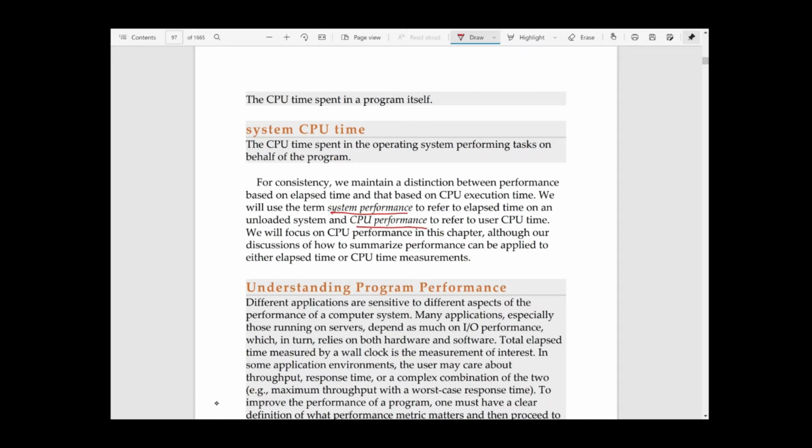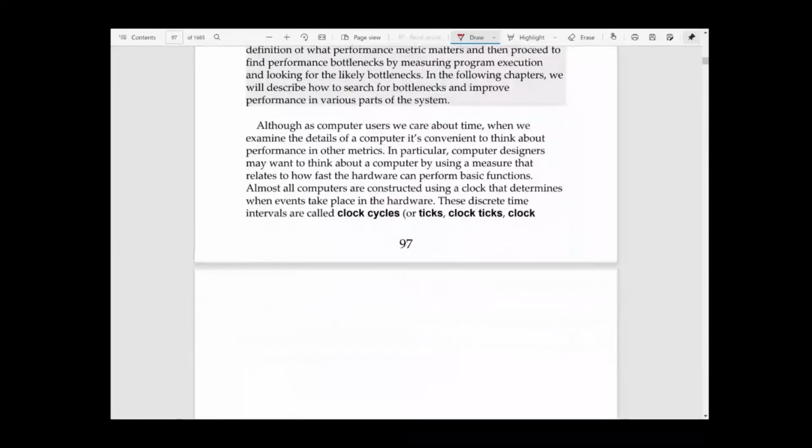But if we discuss the CPU performance, then both CPUs are the same, right? So in that case the CPUs must perform similarly. So please remember these two terms, system performance and CPU performance. Whenever I discuss the entire computer, including all the peripherals, input output, memory, everything, we'll go for system performance. And if we only want to compare the performance of two CPUs, then we'll go for the term called CPU performance. System performance means total execution time, CPU performance means only the CPU time. I hope you understand it.